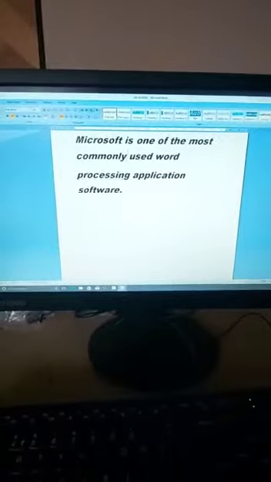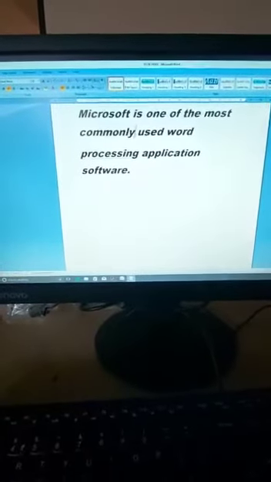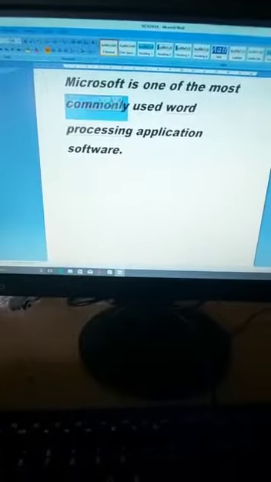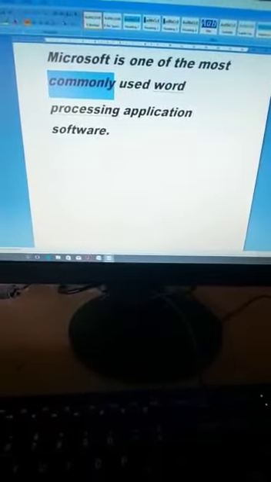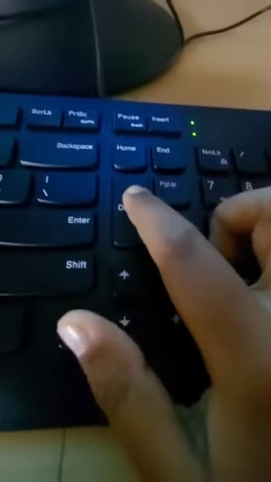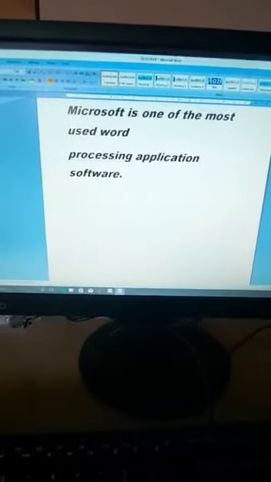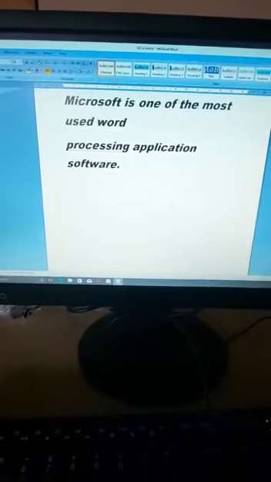One more method is what you'll do, delete key. So this much you are going to select again. Okay, then what you are going to do? You are going to use the delete key on the keyboard. Press delete key. See here, that word is gone. This is how you delete the text.